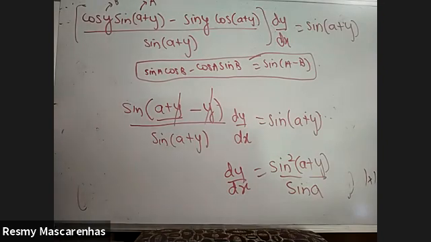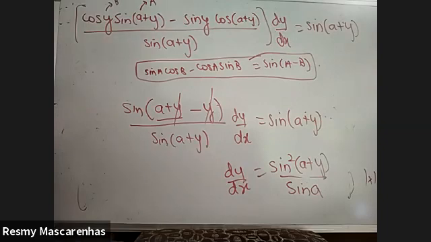Okay, so in this problem, the only thing, the first extra step you have to know, is the x value that you have to substitute later on. Otherwise, it is normal. You have to take the derivative and then substitute. And then the last, sine a cos b minus cos a sine b, is nothing but sine of a minus b. Okay, so these were some of the implicit functions.